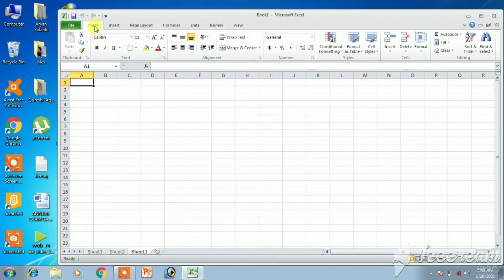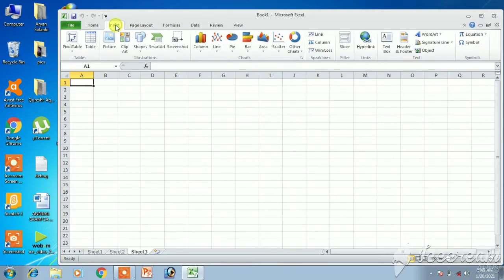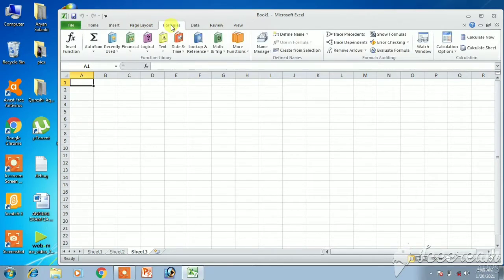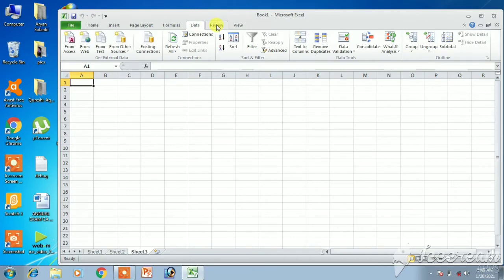This is the Home tab and this is the ribbon in the Home tab. In the ribbon you will see various groups: the Clipboard group, Font group, Alignment group, Number group, Styles, etc. In all the tabs there are some groups, and in groups there are some tools, some icons, which you can use for a specific purpose. These are all the tabs you can see.